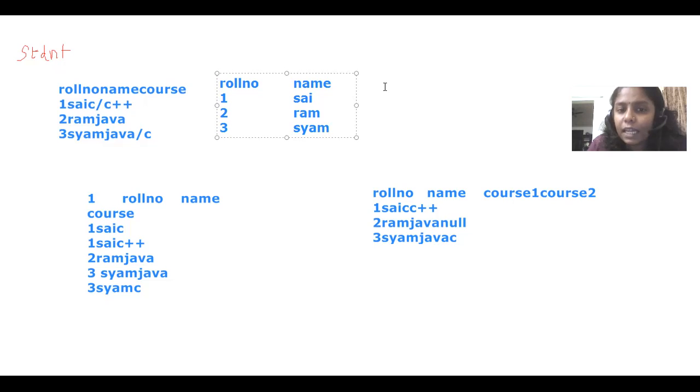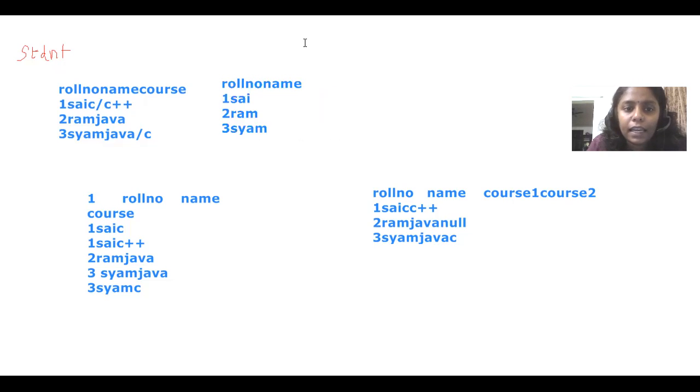Okay, the student table is done. Again, we have to make another table. That table should contain the course details. Along with the course details, we have to tell which student is going to study that particular course. Either the student ID we have to give, or the roll number, or the name.